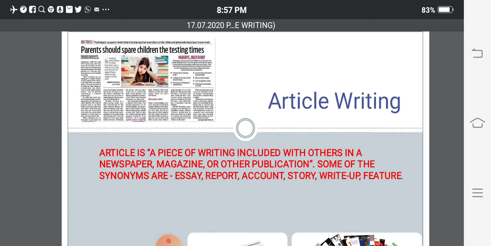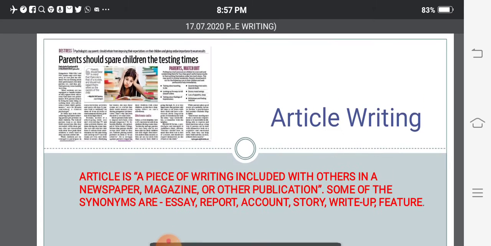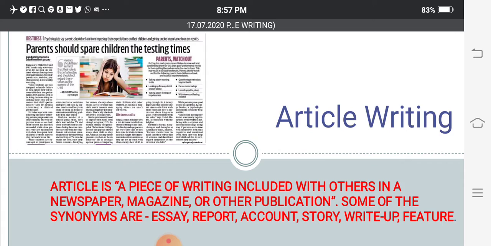Today our topic is article writing. Article writing is one important part of your English syllabus. So today we'll see what article writing is. Sometimes long write-ups give trouble to the children, and sometimes they get confused about how to start and how to end. That's why I have taken up this lesson today. Listen carefully, it will be of great help. Now we'll see article writing.